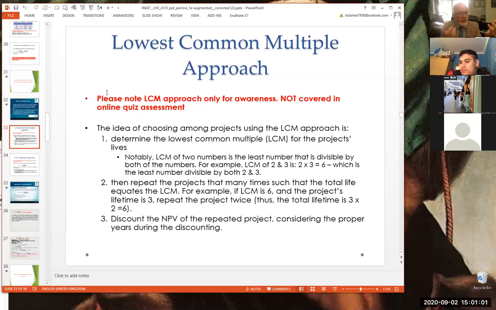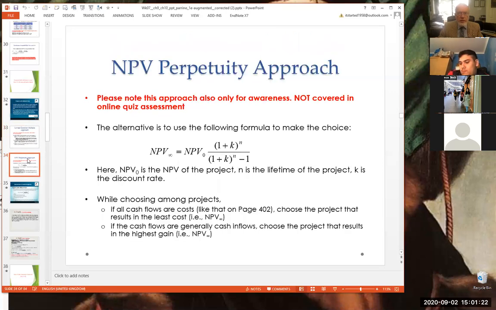And so in 35 years, how much NPV do I get from the multiple running of the 5-year project compared to the multiple running of the 7-year project? That sounds probably harder to describe than it is to calculate, but it does equate them to a certain extent. There's a third approach. I think we've got mathematics here, so I'll just let you read through the maths. Yeah, this is the perpetuity one.